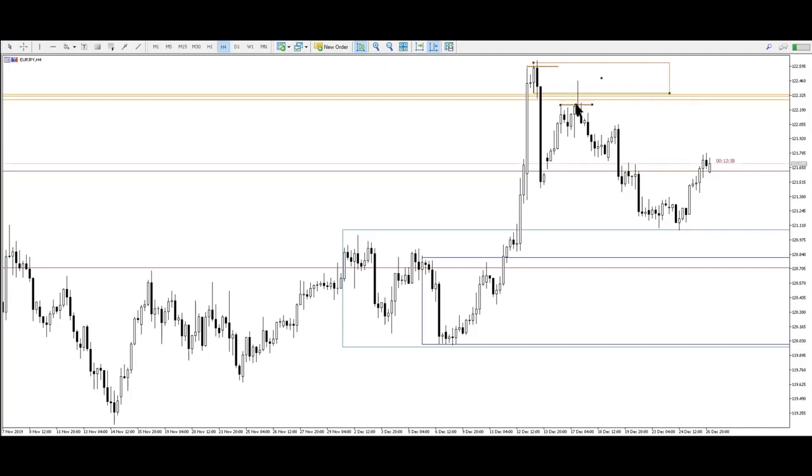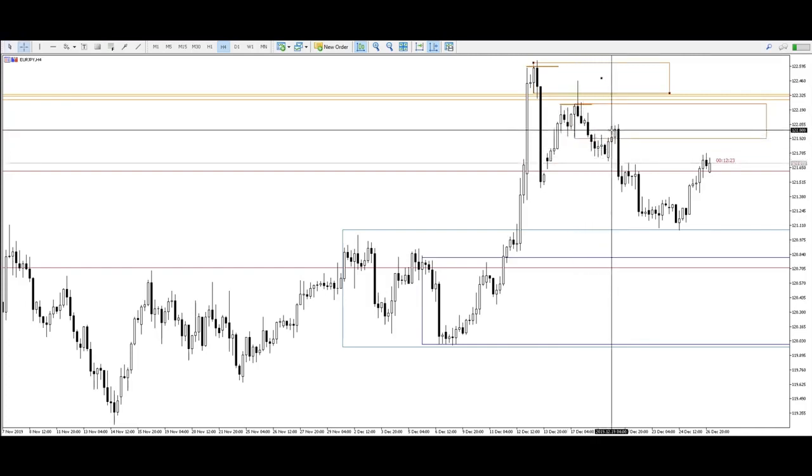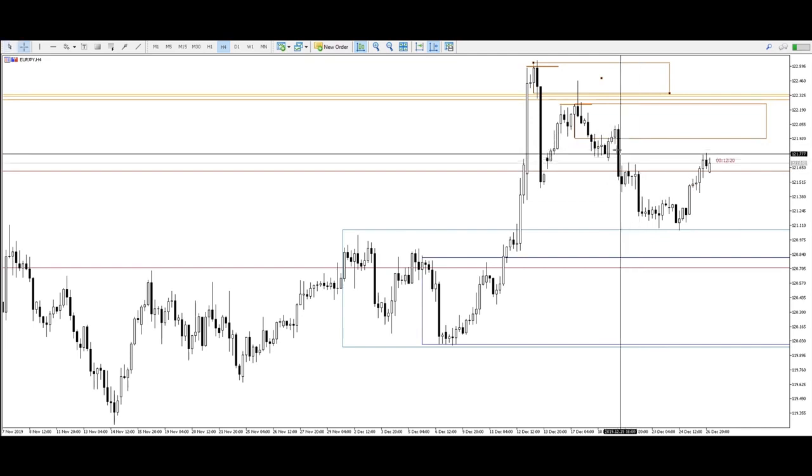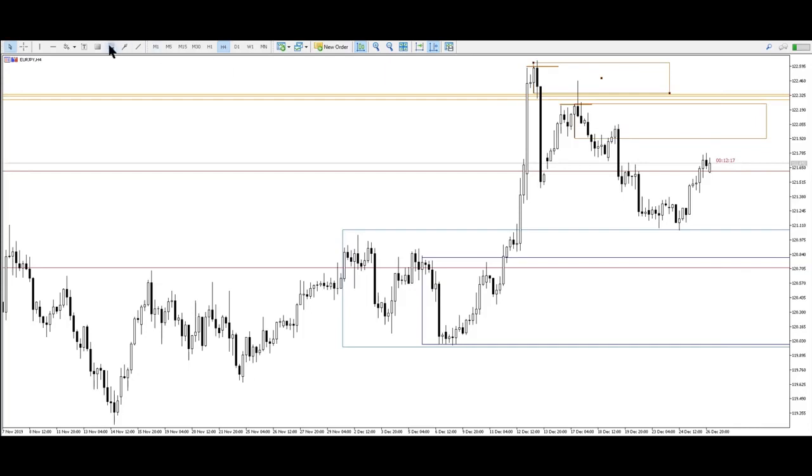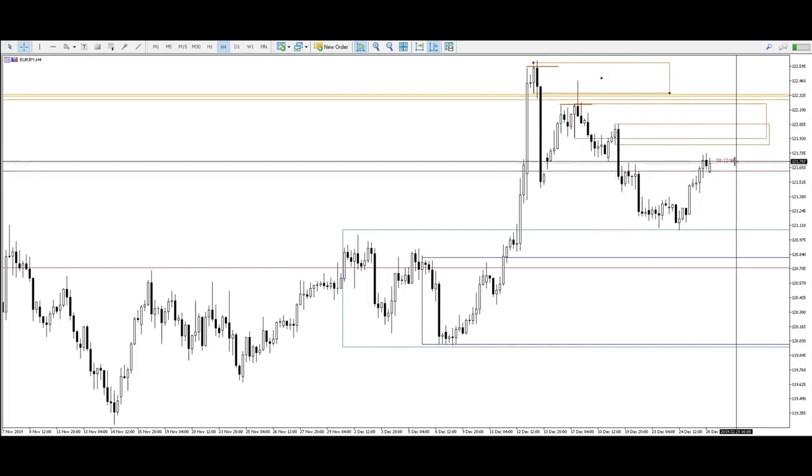Before it did that, we had another raid. And what broke structure here? This block right here. You can see we got a nice retest. So price could be heading towards this area of selling again, or simply this fresh order block. Alright, so this is a completely fresh order block. Price could be heading that way right now,